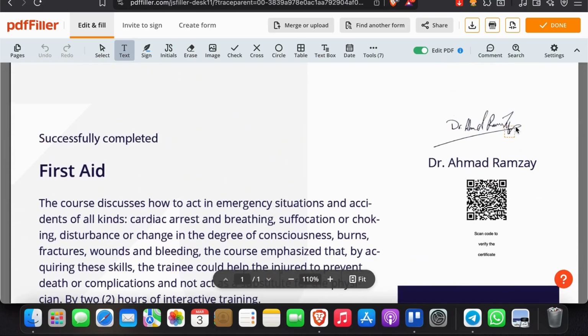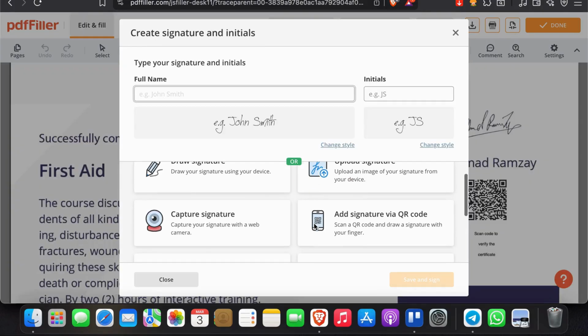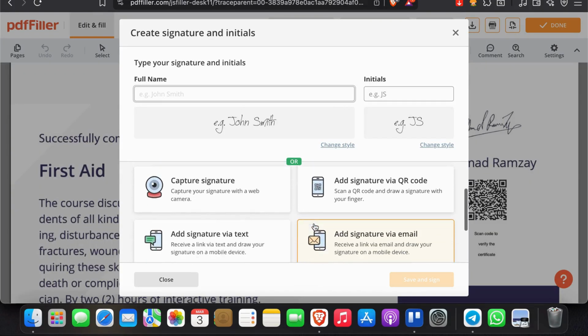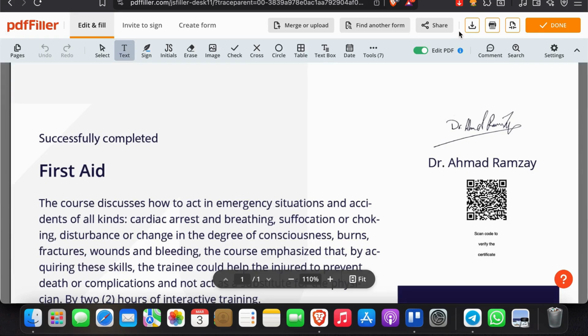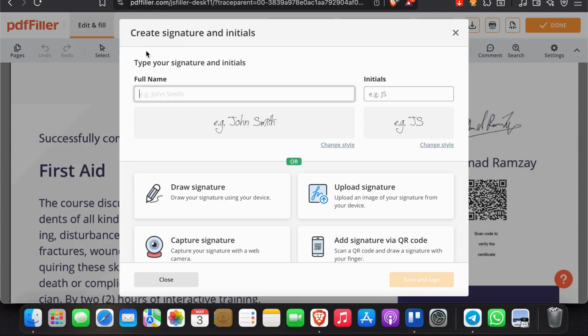You'll be able to fix it, especially if you can see a sign here that tells you this file has been altered. Now, to inspect deeper, click the signature panel,